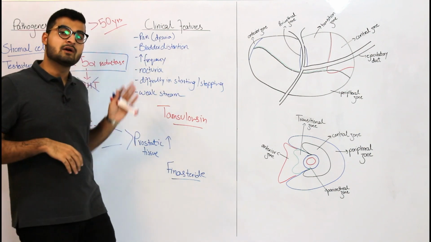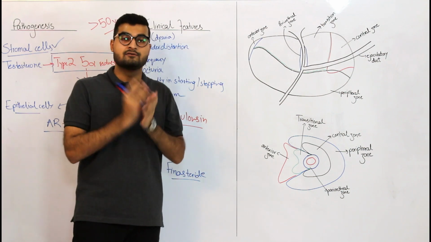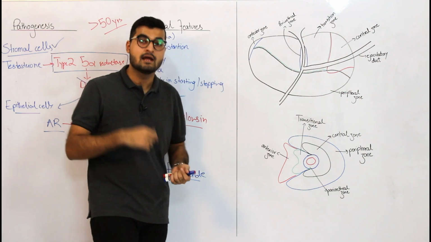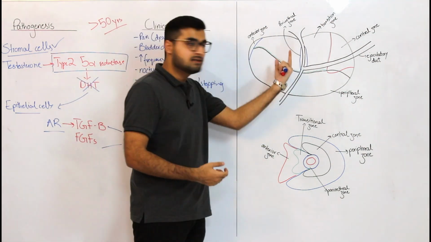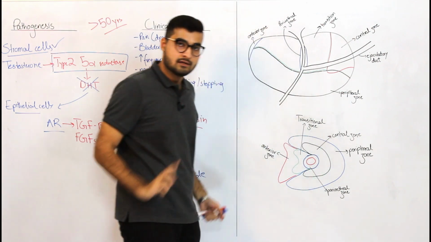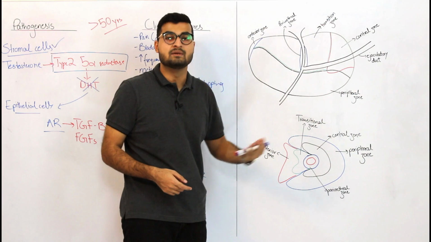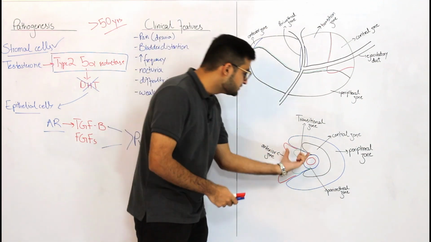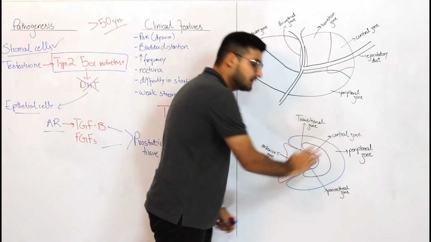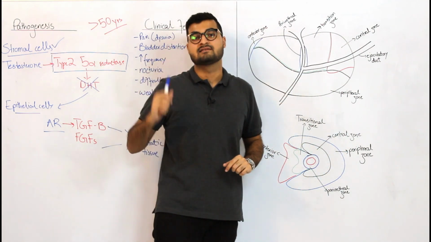Now, coming on to the surgical treatment. In surgery, you have a treatment called TURP, that is your transurethral resection of the prostate. What happens is that you go via the urethra, and what you do is that you remove this transition zone. You go through the urethra and you remove the transition zone in a patient of BPH. Now, keeping in mind, you're just removing the transition zone, you're leaving the anterior zone, central zone, peripheral zone all in place. You're just removing that one zone that affects the patient of BPH, right?